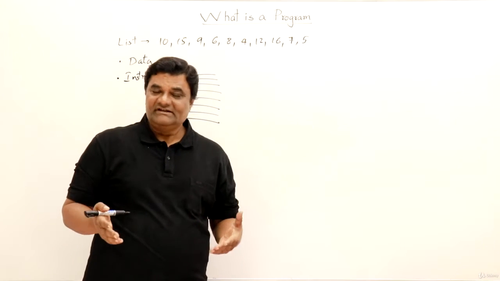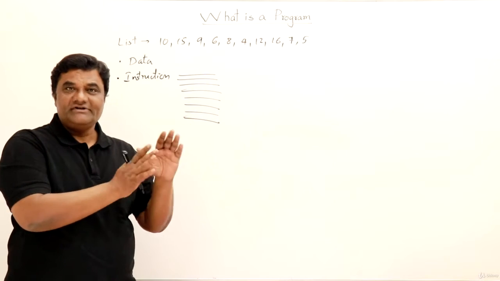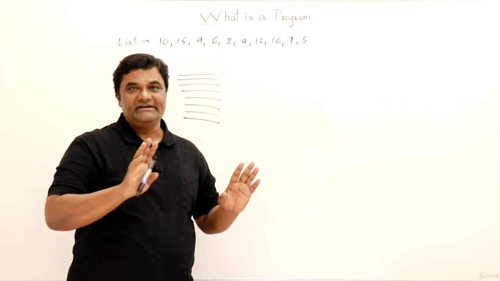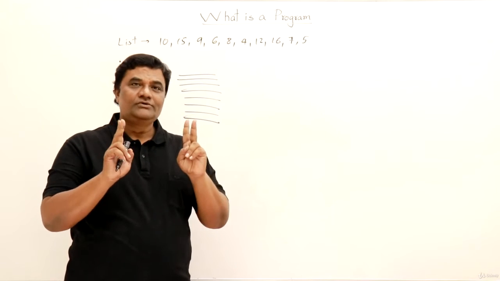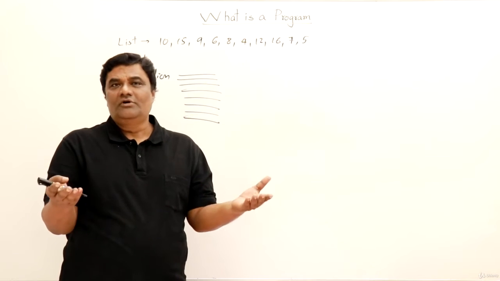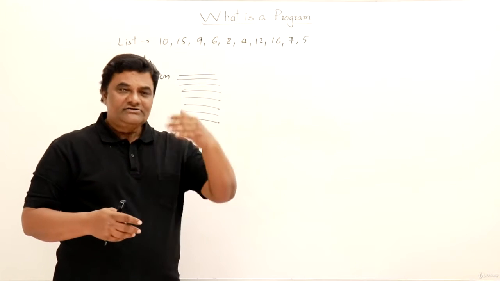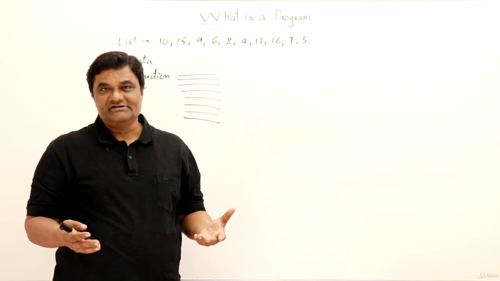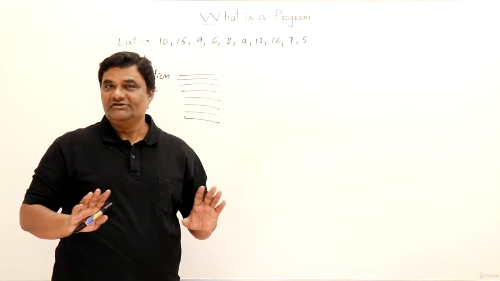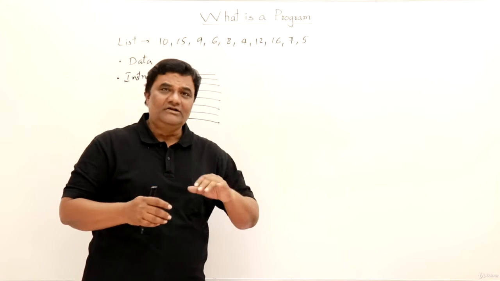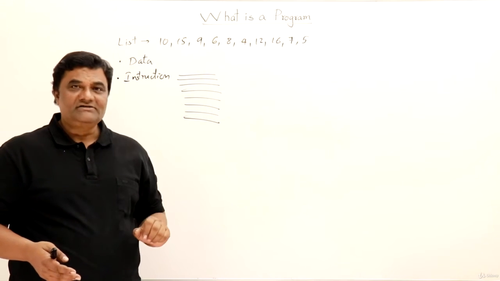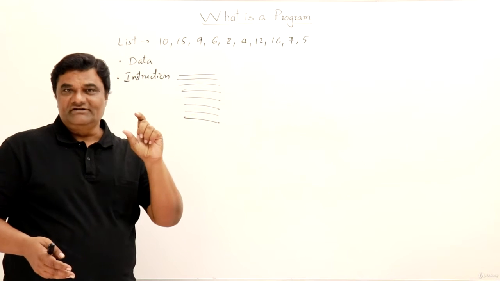So a program is nothing but a collection of data and the set of operations or instructions on that data. So we have to focus on only two things in our programs. What is the data you have and what you want to do with that data. So what are the steps? What is the procedure? See, without data, there is no need of instructions, right? Instructions are useless. And if you have just data, no instruction, then you don't know the results, right? So these are the two important parts of a program. So we have to focus on this.